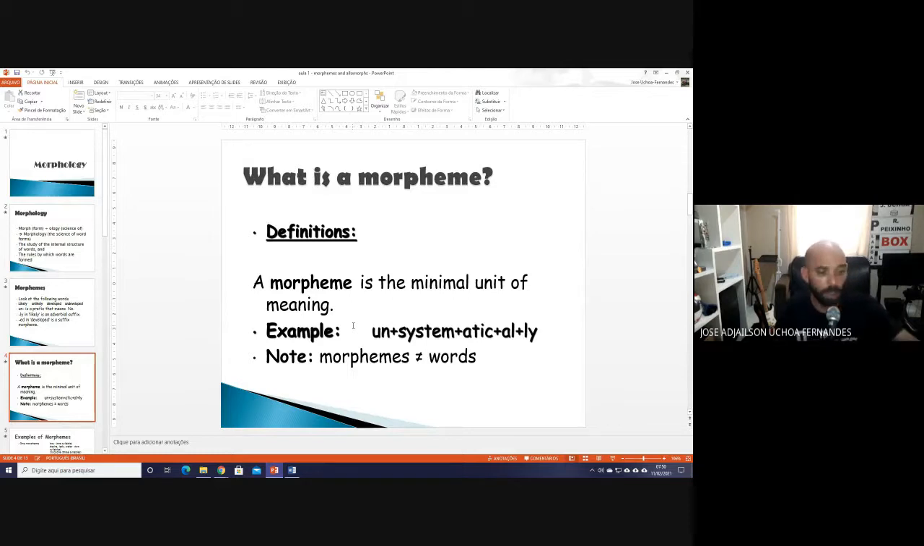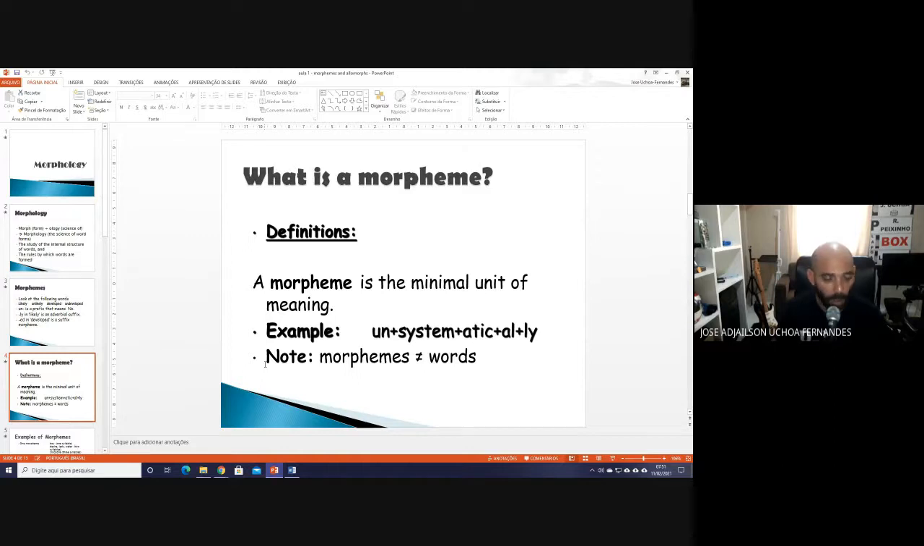Okay, why? Because when I say the minimal unit of meaning, the minimal unit of meaning to semantics is the word. The minimal unit of meaning to discourse analysis is the utterance. The minimal unit of meaning to syntax is the clause. Okay, so depending on what area of linguistics you are working with, you will have different minimal units. The minimal unit of meaning to morphology is the morpheme, which is not a word, although some words